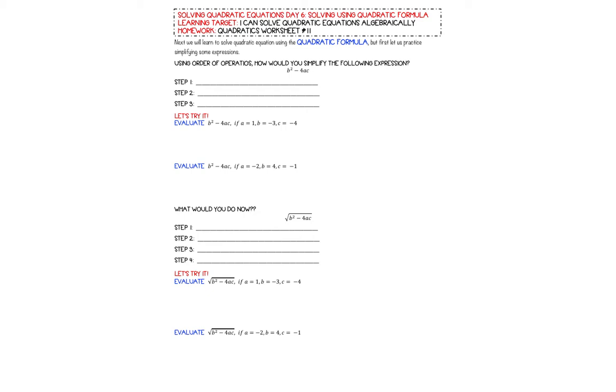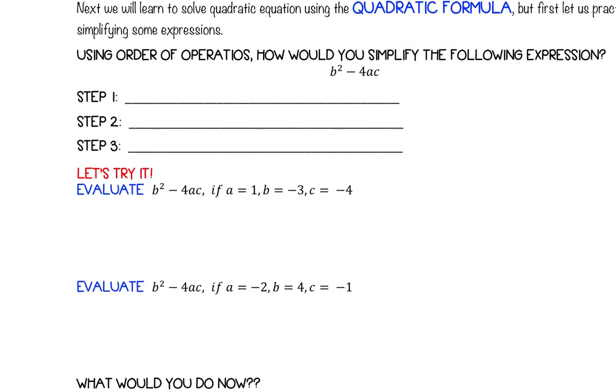Next we will learn to solve quadratic equations using the quadratic formula. But first, let us practice simplifying some expressions. Using order of operations, how would you simplify the following expression? So we have b squared minus 4ac. The first thing I would do, step 1, is substitute